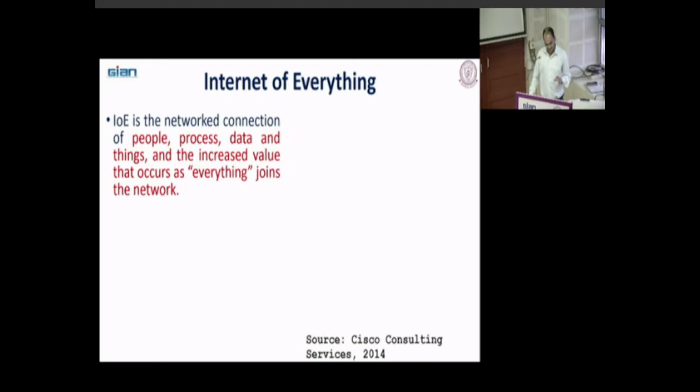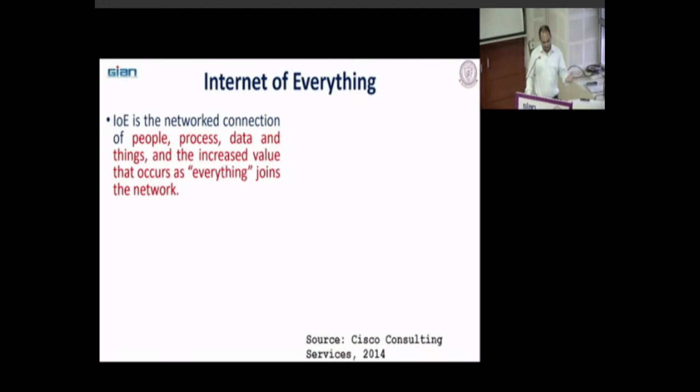The Internet of Everything is the network connection of people, process, data, and things. So basically, how is the data generated from people and things? The workers, the people who are working, and the things like your physical devices. Data is generated from these two sources, people and things. When you get the data from these two sources, then you need to process that. There should be some systematic process to analyze that data, to find out the insights.